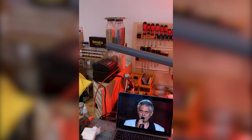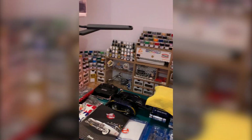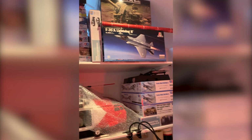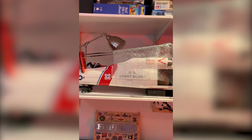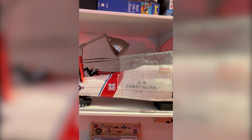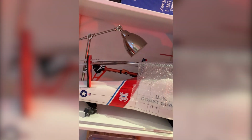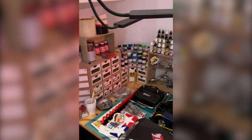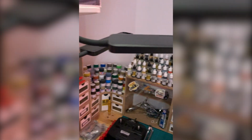This is my workbench. This is for the RC section, and also there is another section for static models. So all my static models are there, and there is my Sikorsky RC helicopter. There is another one that you can see, that's the training one. And then you can see my setup, my paints,